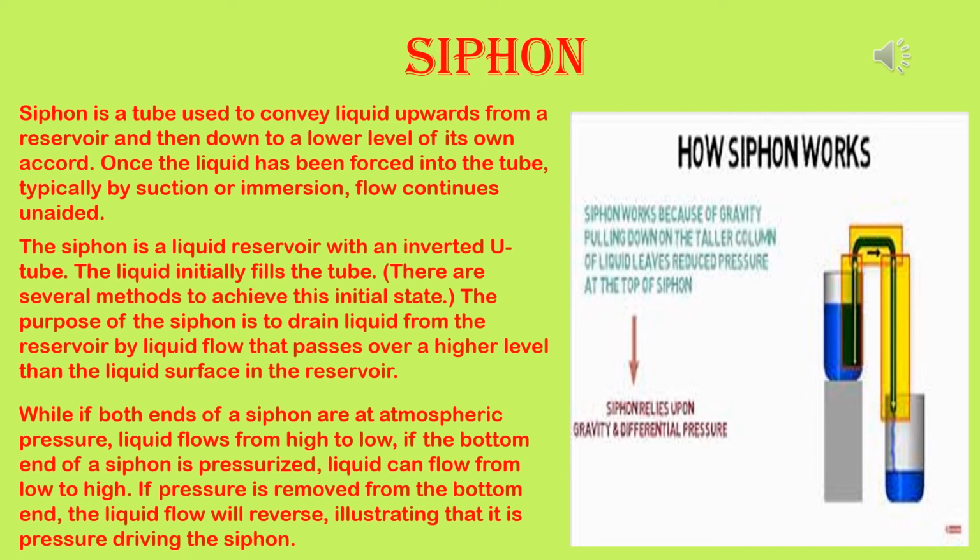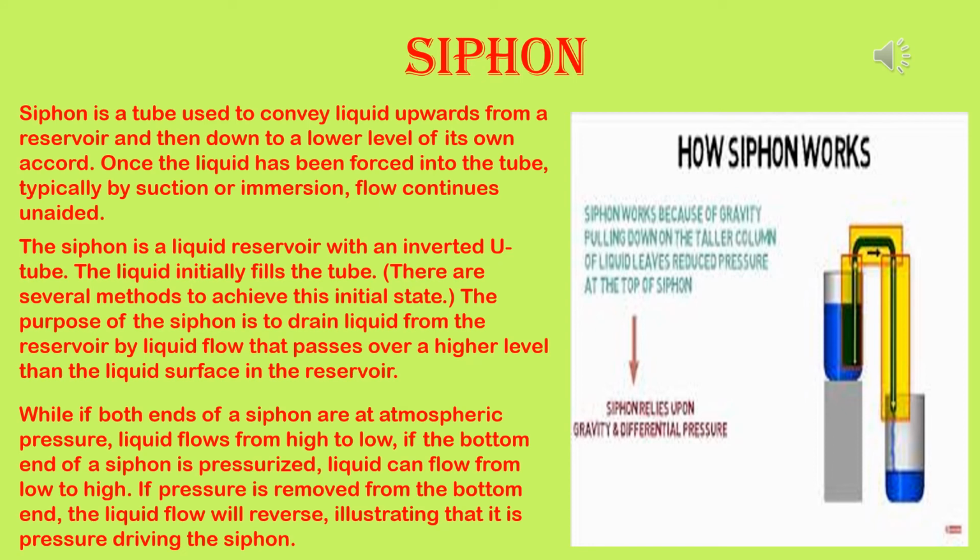Let B and C be at the same level. Let H1 be the height of B above A, the surface of the liquid. H2 is the height of C above the surface D. Please consult your book diagram while you read this slide. Now the pressure at A is the atmospheric pressure P. At D, also the pressure is that of the atmosphere.